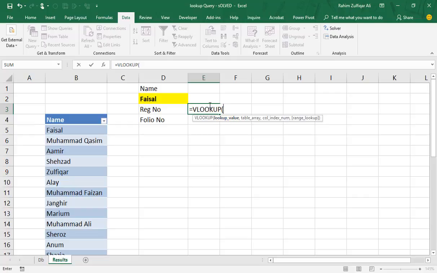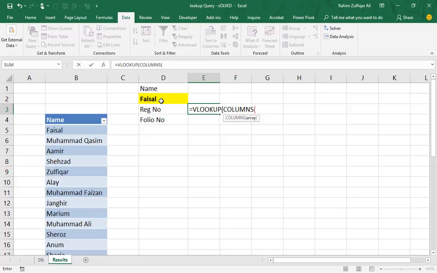Now we will populate the results horizontally, each result in each column. So we will be using the COLUMNS function to create a serial number within this VLOOKUP function, so that we can get the first value pertaining to Faisal. Then this COLUMNS function moves to the next column, which is the F column.